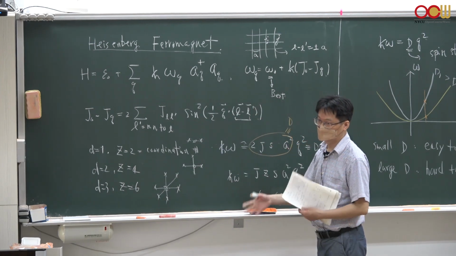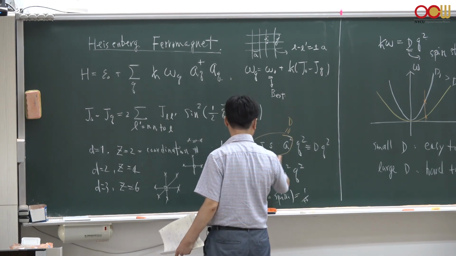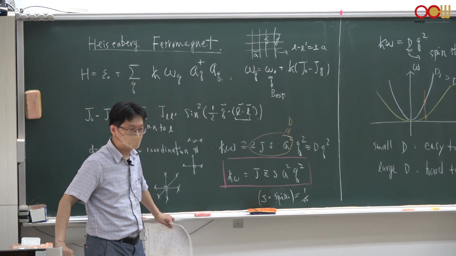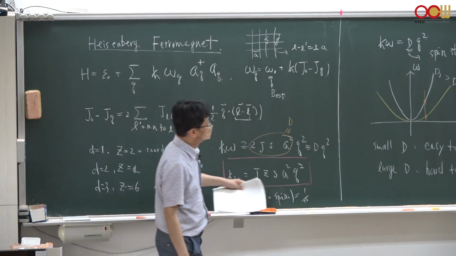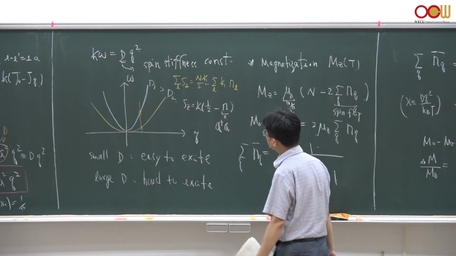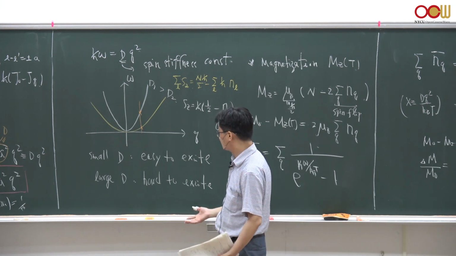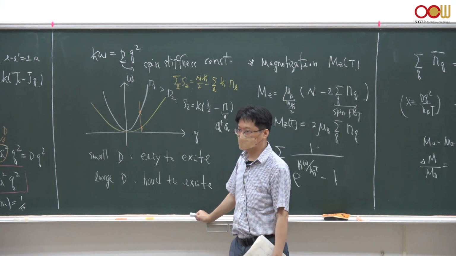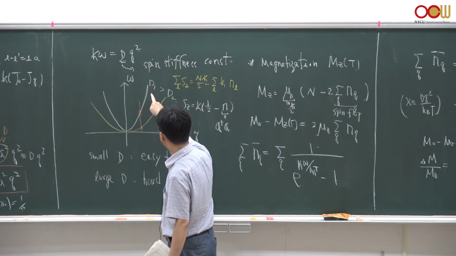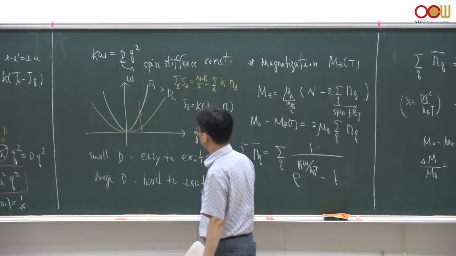It depends on the lattice structure and dimensionality, but in general, this is the dispersion for a magnon excitation for a ferromagnet. And this is a quadratic dispersion as shown here. And the capital D is called the spin stiffness constant, which measures how easy or how hard it is to have such spin excitations. Okay, for a given value of q, you can see that when D1 is larger than D2, you get